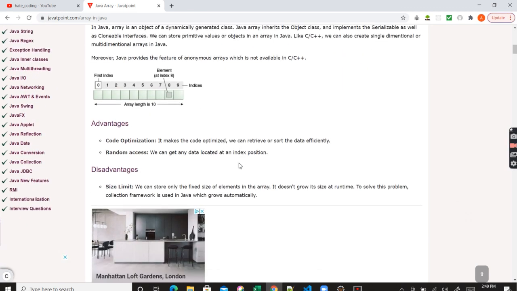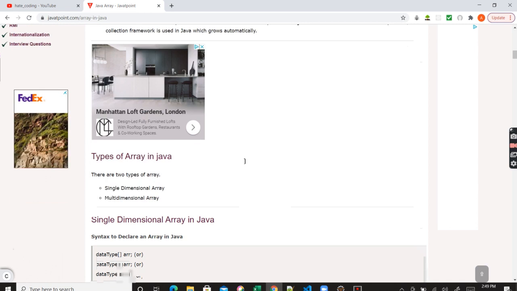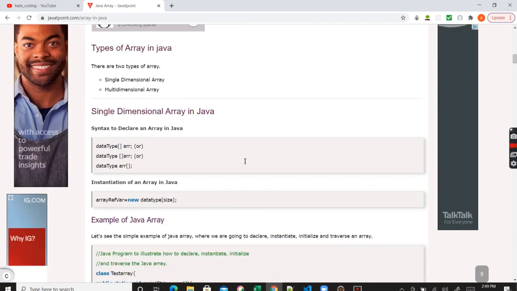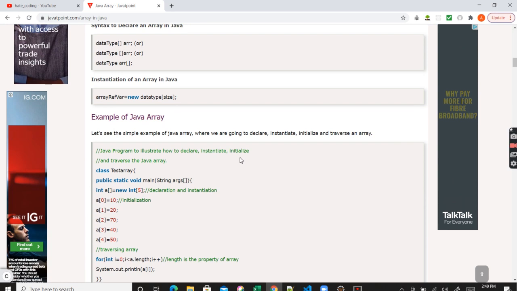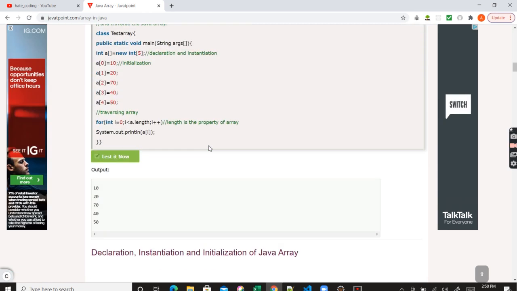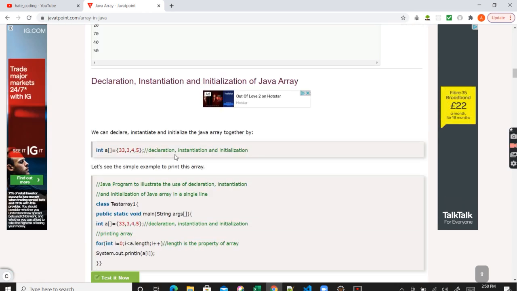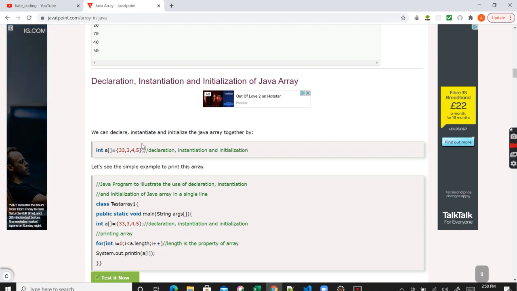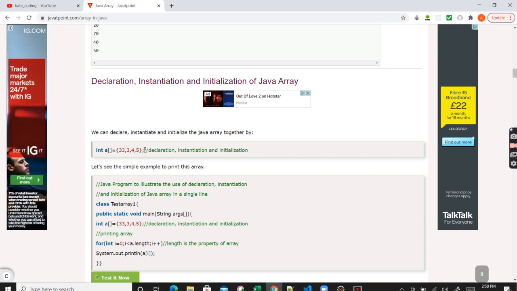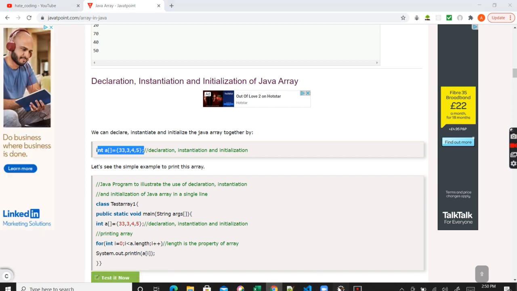Okay. Now there are two ways in which we can create arrays. The one way is we can declare, instantiate, and initialize a Java array in one single line. So if I copy this, or why don't I write it myself?